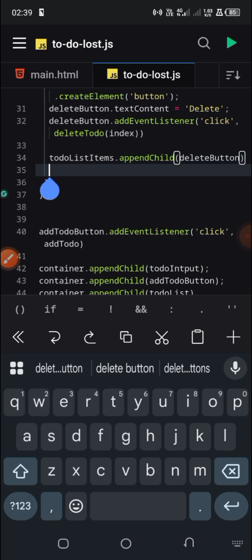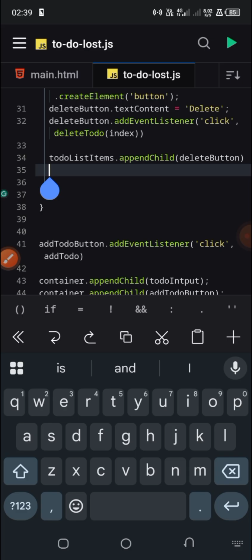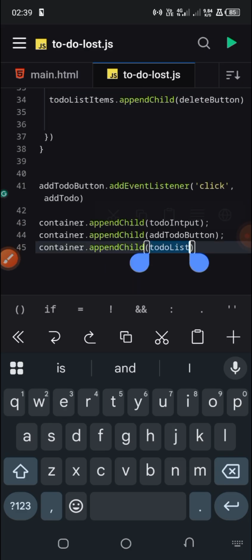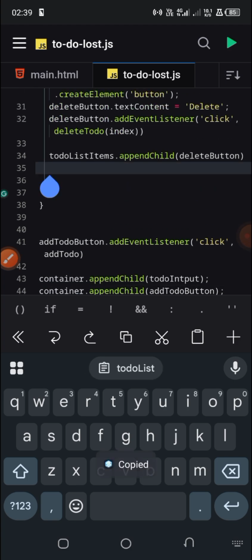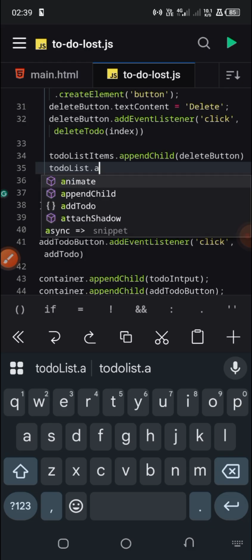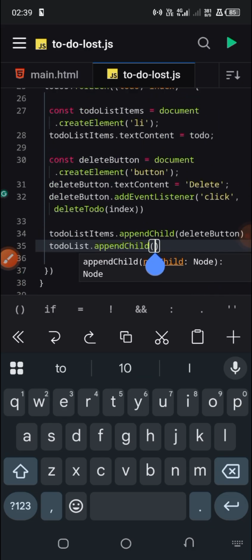After this we are also going to get this todoList.appendChild, and here we are appending our list item,